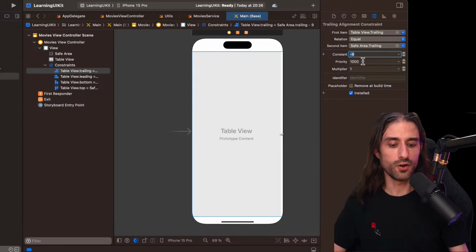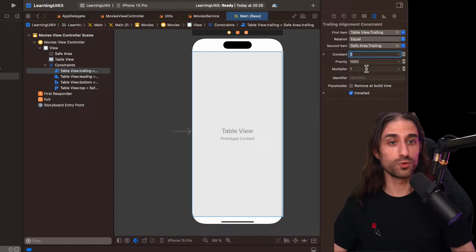You can also add a multiplier that would allow you to say that one view's width should be equal to twice another view's width, for instance. If you want to learn more about constraints, you will have no problem finding resources for it on the internet. That's why I just want to give you the basics of it, and we're going to use them a little bit more in a more complex use case down the line.